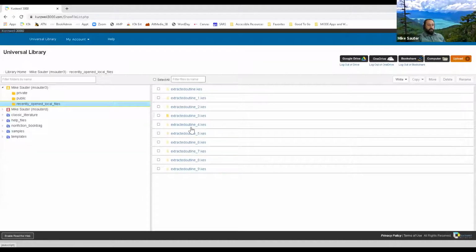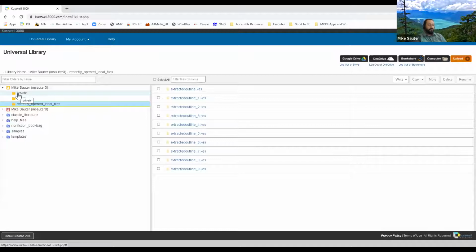So in this folder, this is just a temporary location. Can you keep them there? Yes, you absolutely can. The first thing, though, that I want to show you is that you can move them, and you can rename them. Now, why would I want to do that? Well, let's say you're managing multiple books with a lot of different classes, 3 or 4 classes, 5 or 6 different books. You're going to have a lot of extracted outlines, and you're going to ask yourself, which one goes to what book? And instead of opening each one up to see, you can rename them and move them.